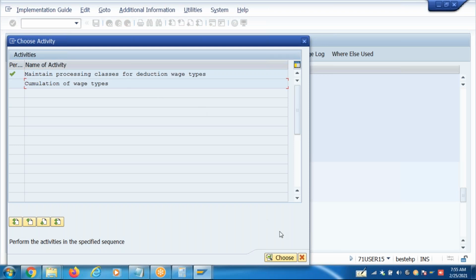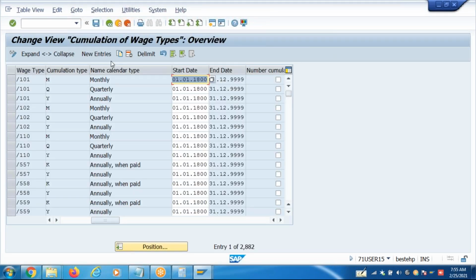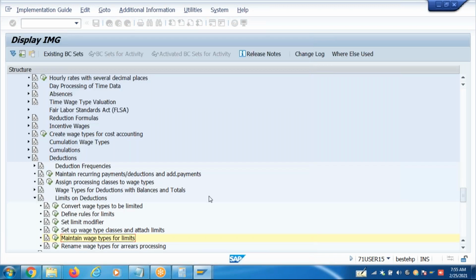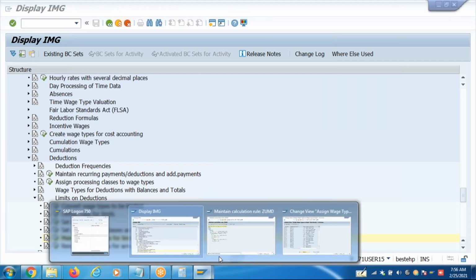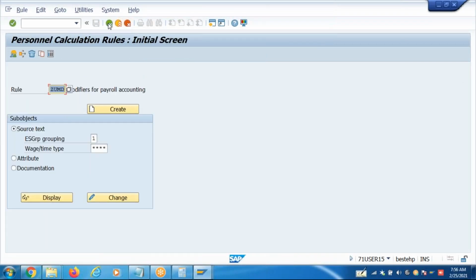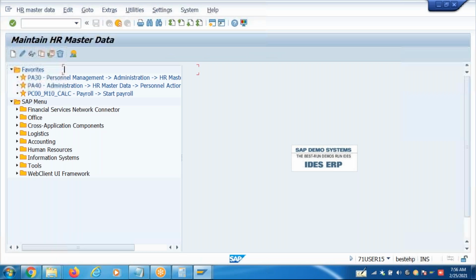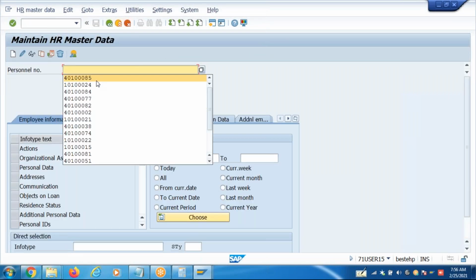So accumulation of wage type in the CRT table. This is just a CRT table update. If you maintain processing class 30 specification T, then this table, I have already explained this. I don't need to repeat this again. Renaming a wage step for the error processing, we will come back to, which is again an important topic. We'll come back to that in a few minutes. So first verify this. I'm going to PA30 and I have, which one are we testing? This one?